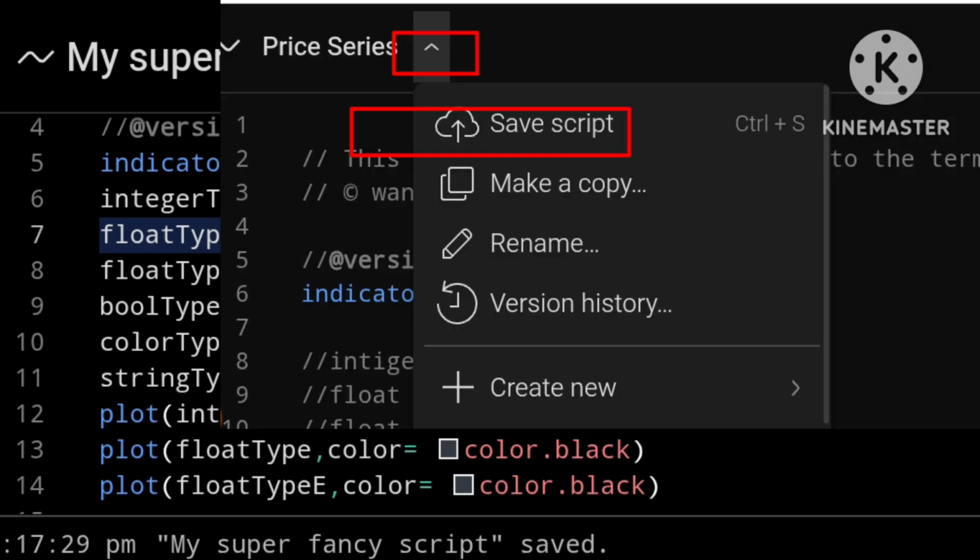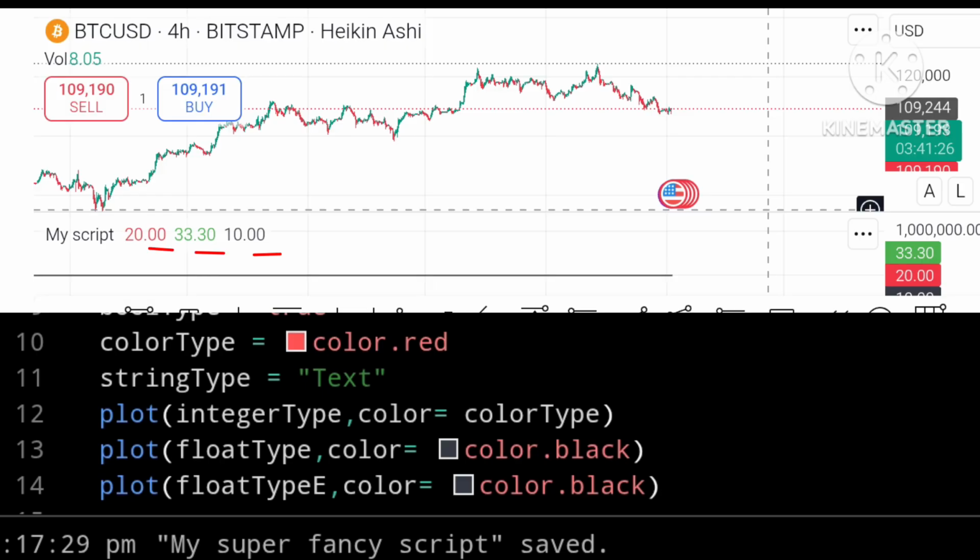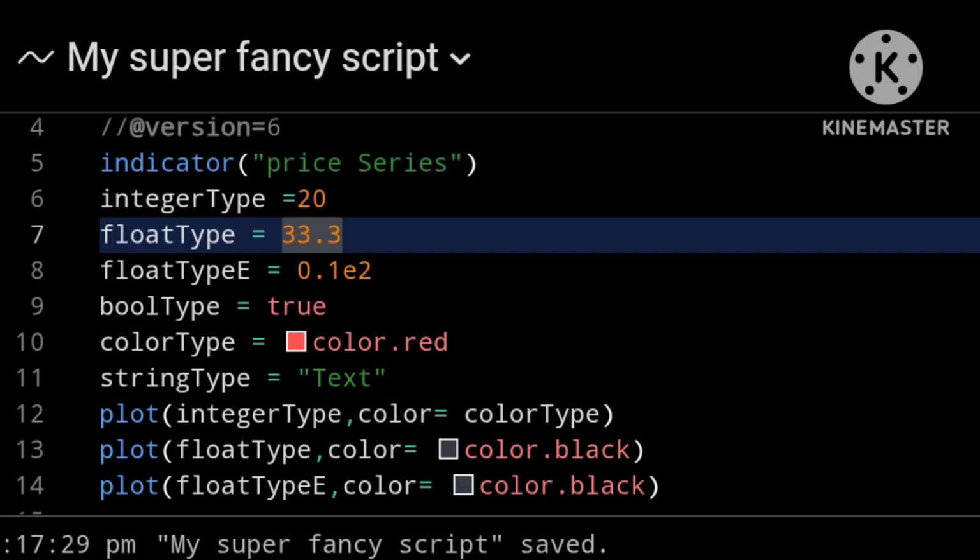Now here is our float type, 33.30. Now remember in a previous lesson I talked about the precision of your script, because we have two decimal places after our market price. We have two decimal places on our indicator values. So even though I set this number to 33.3, it displays as 33.30.